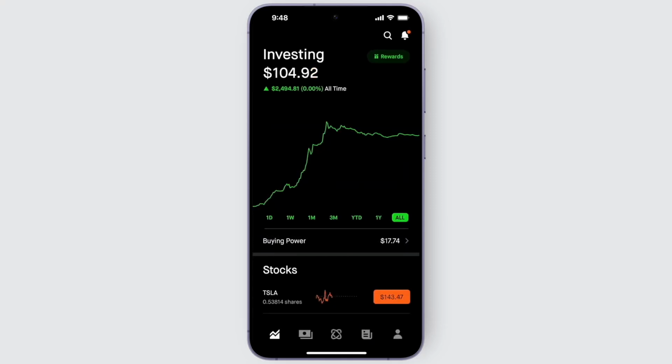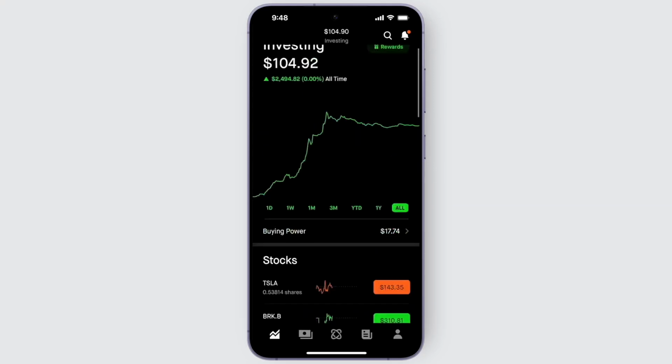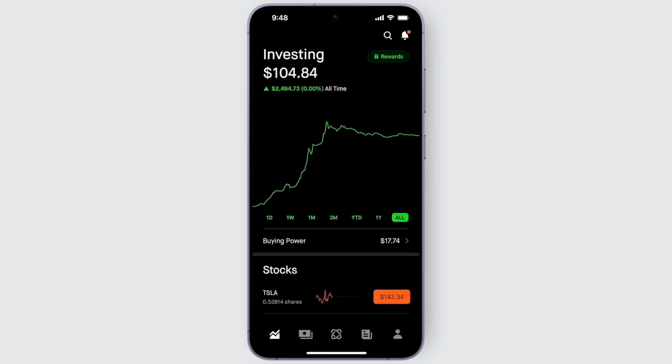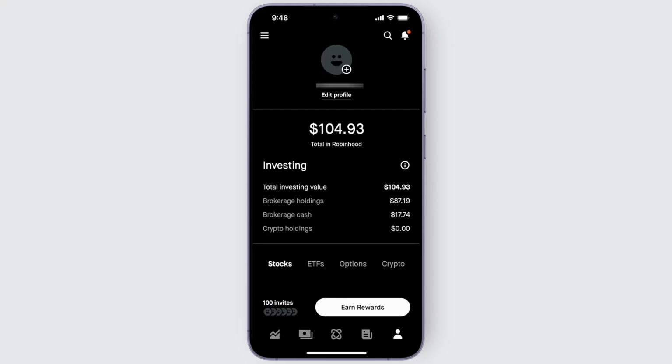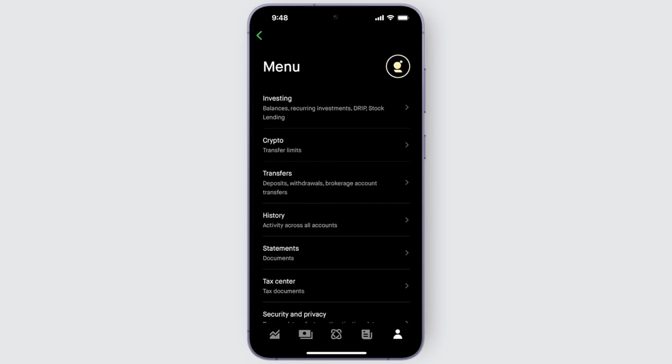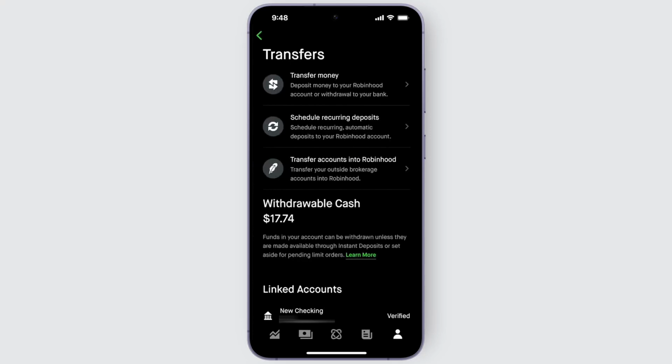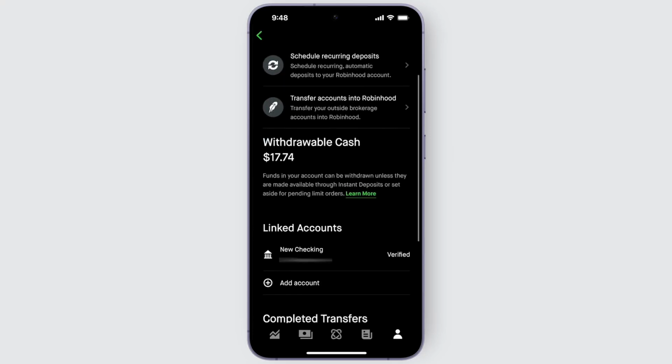First, check your available buying power on the app's main screen. To begin the withdrawal, go to your profile by tapping the icon in the bottom right. Then, open the menu from the top left corner and select Transfers. On the transfer screen, ensure you have a linked bank account. Then tap Transfer Money from Brokerage